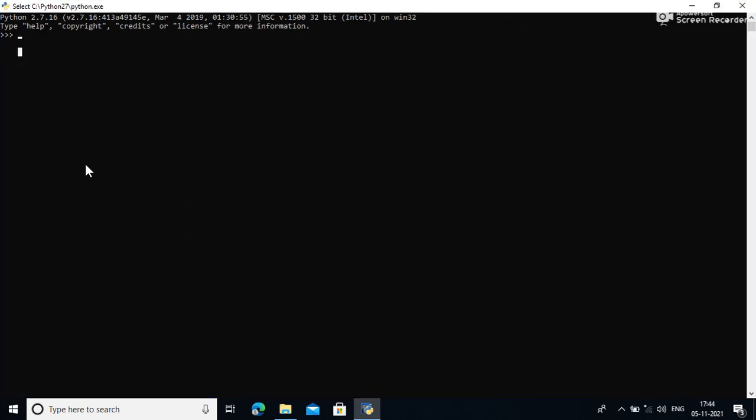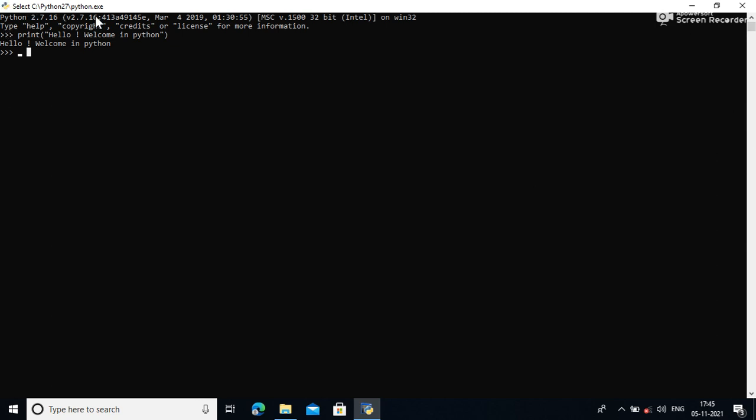Here, if you want to display and print any statement in Python, you can use the print function. Here I want to display the statement, hello, welcome in Python. If you have done, press the enter key, and when you press the enter key, it will display the statement hello, welcome in Python. So if you want to display and show the output in Python, you can use a print function.